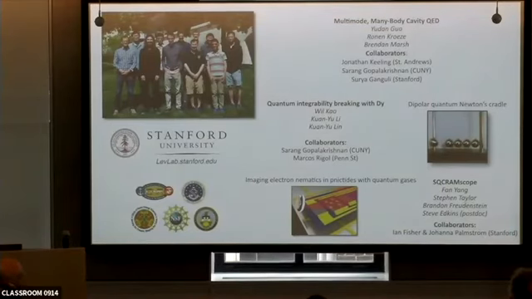And just a blatant advertisement for other things we do. We look at quantum integrability breaking in 1D gases using a dipolar Newton's cradle. So we've created the first system that looks at near integrability and thermalization in these systems. And then we've invented a new type of microscope using a Bose-Einstein condensate that we put near any material we like, and we can cool that material and run current through it and image it with a scanning probe microscope. And we've successfully done that now with electron nematics and pnictides. So I'd love to tell you about that as well.